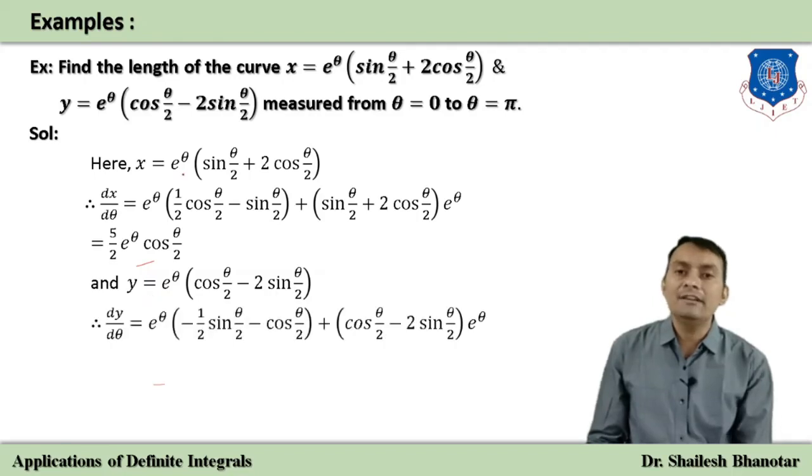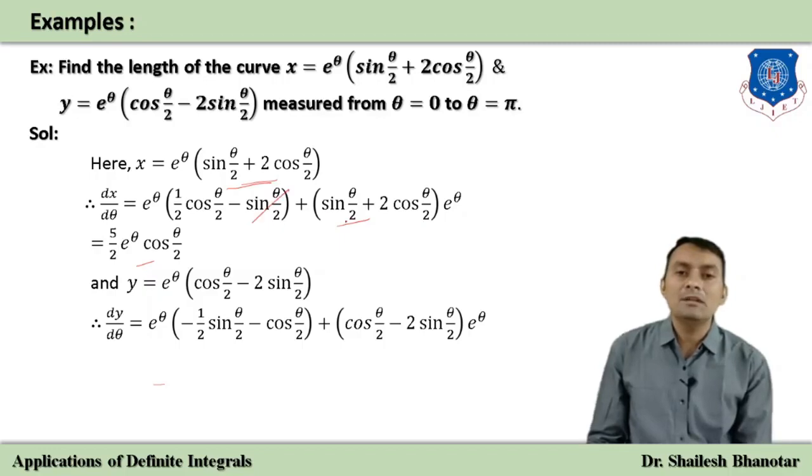So in that case, first we need to consider the product rule for the derivative. First I will just assume this e raised to theta as it is, and the derivative of this one is cos theta by 2 into 1 by 2 minus 2 tan sin theta by 2 into 1 by 2. But the 2 will cancel out, so I can write only sin theta by 2 plus this bracket is there, and the derivative of e raised to theta is e raised to theta.